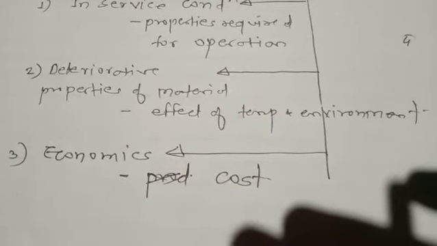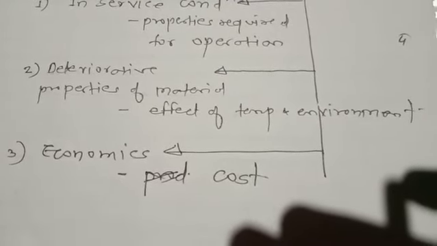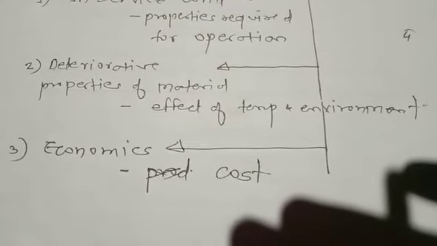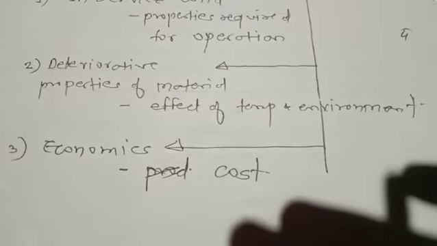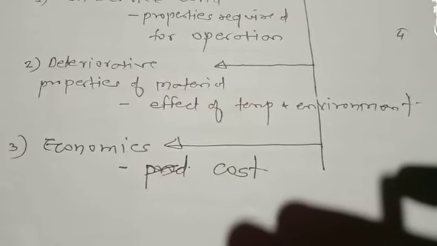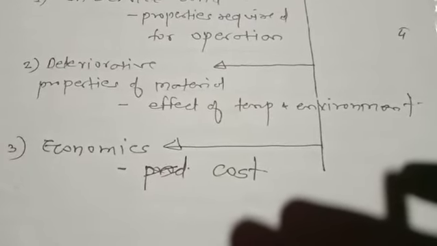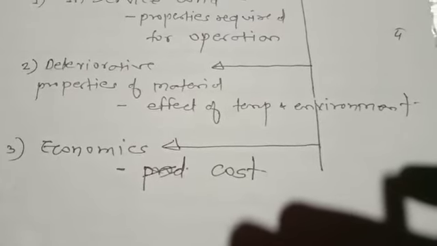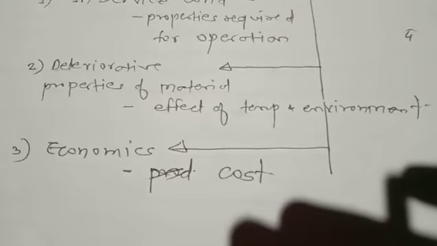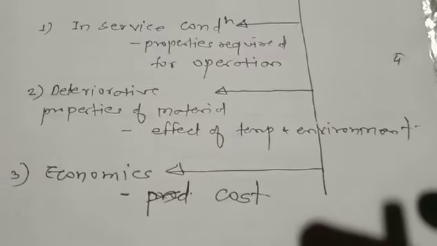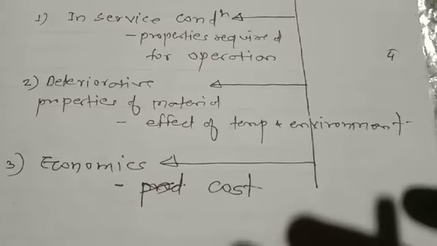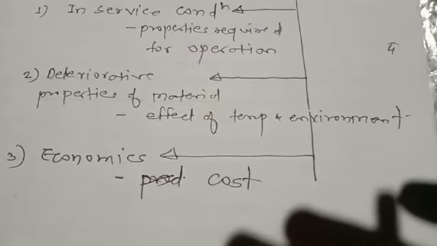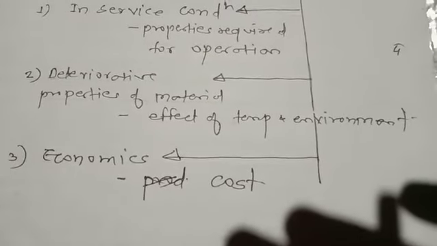Means if any material comes into contact with a high temperature, say 60 degrees, 40 degrees, and that material starts deforming at that particular temperature or in that particular environment, then there is no use, right? So the effect of temperature and environment, in simple language, for whichever component we have to design,